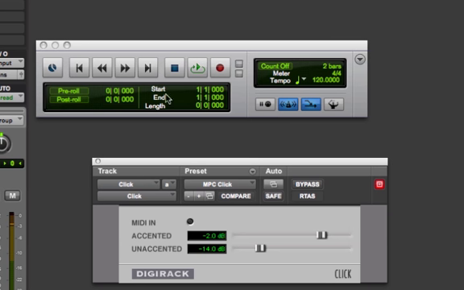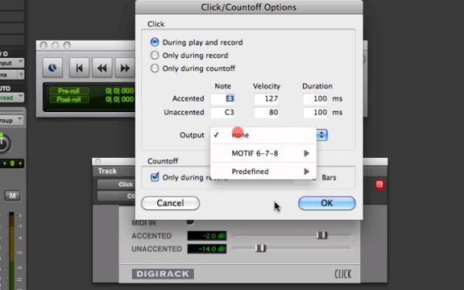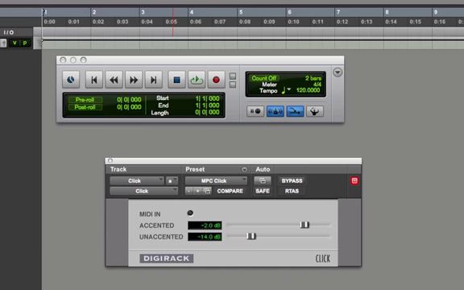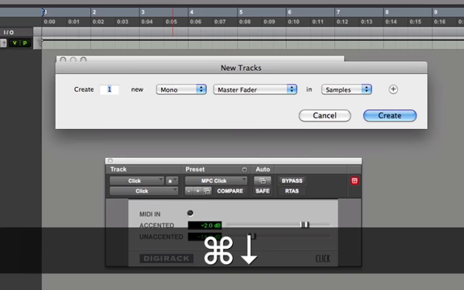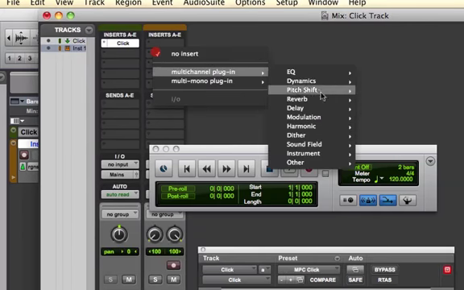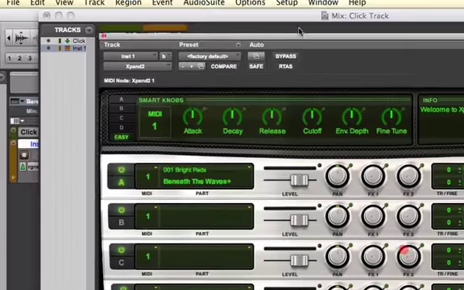And let's say we want to change this to be a different sound. Let's say that we want this to actually be using a keyboard instead. So what we can do is I can go into here and I can choose to have it go out to another keyboard. Or I can even go in and let's say I create a click track by creating an instrument stereo track. I'm going to go into my mixer, pull up my instruments. We're going to go ahead and use Expand 2 for now. And then I'm going to pull up